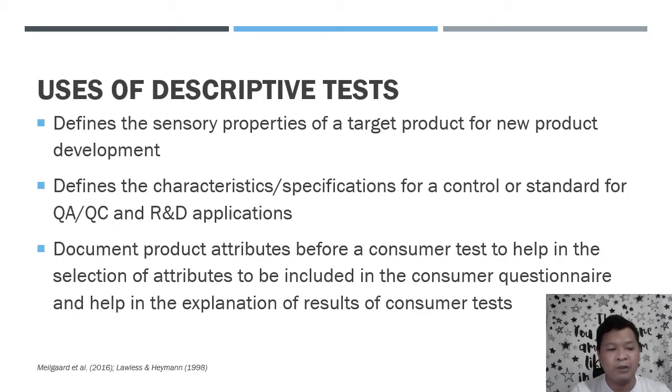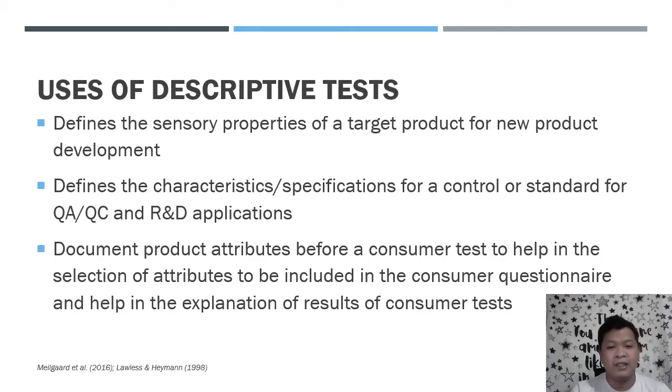If you were able to do a descriptive profile of your cocoa powder from 10 years ago and you have a trained panel that has the same ability now that you had 10 years ago, you can actually try your best to replicate the sensory test and see kung mag-iiba nga yung result na naging mas mapait ba siya, nagbago ba yung color niya, yung grittiness sa kamay, or even the product. You can test the product to see what about the product changed. Is it the texture? Is it the certain flavor notes? Is it the overall